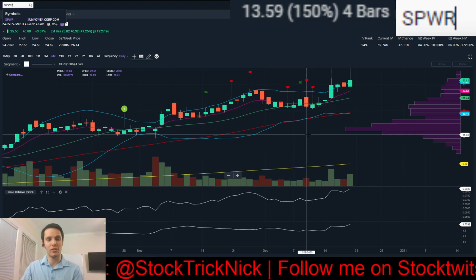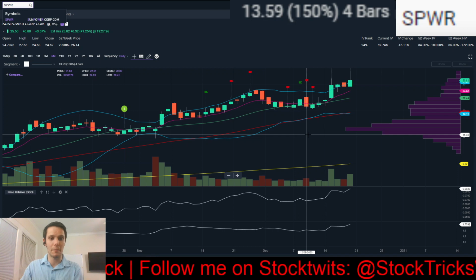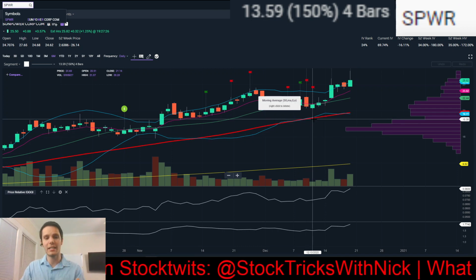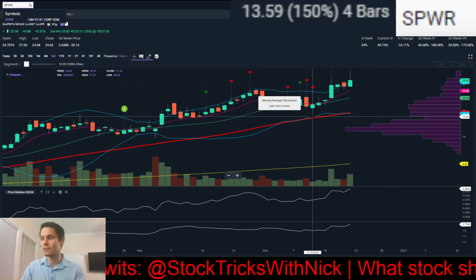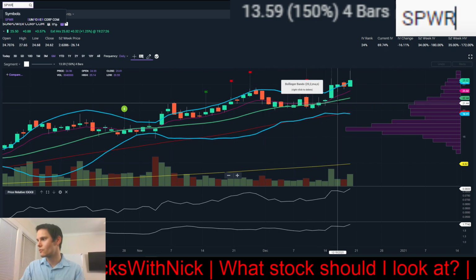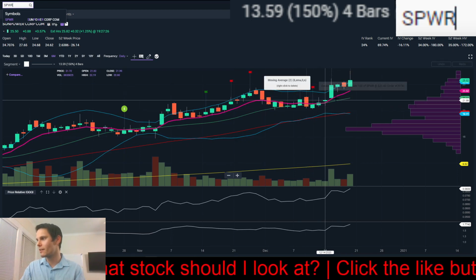If my positions aren't immediately working out for me, it's better that my money is in my account off to the side in a cash position, because there's no risk there. Every time your money's in the market, it's at risk. So, as we coil up here, we had a pivot through this area, and I just bought